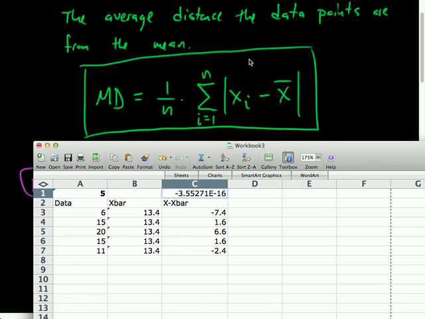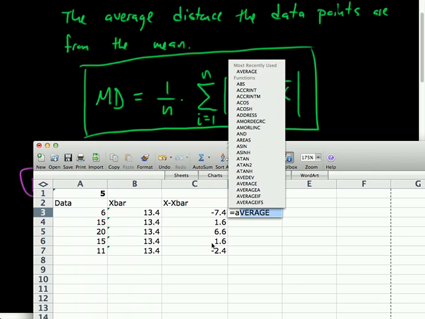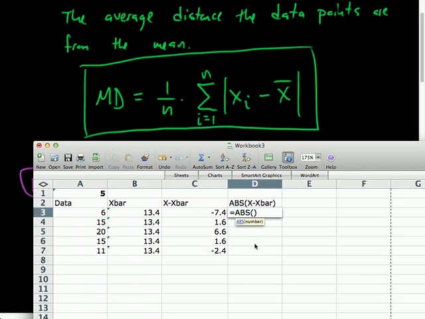I just want to point out, if I didn't have these absolute values, the average of these differences would have been 0, because some of them are above the mean, some of them are below the mean, and that has that seesaw effect where they balance each other out and it's 0. So that's why I'm interested in the absolute value of X minus X bar, for which there actually is an Excel formula, ABS right there. It says, just give me a number, I'll give you the absolute value of that number. There's the number I want the absolute value of. It's just going to make it positive. So bam, there's that.